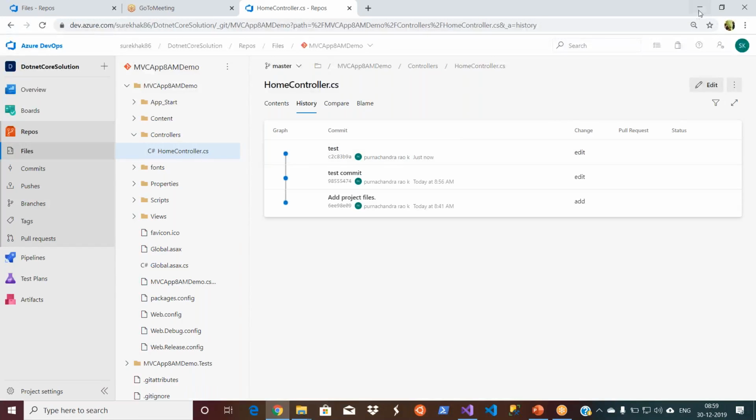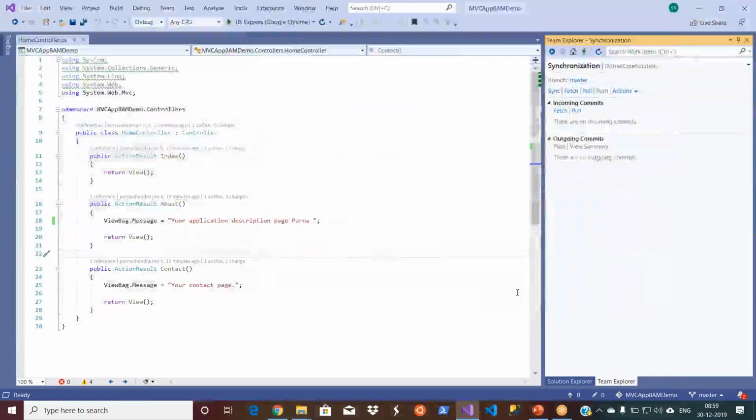So this is the difference between your commit and push. This happens in your distributed version control system. If you use push, then it will be available on the repository. If you use only commit, then it is local. You have different commands here, like commit all and push. That means you are committing to local and then pushing it to the server. So this is how it works, and we will see the other options tomorrow as well, and then we will start some kind of a pull request as well.